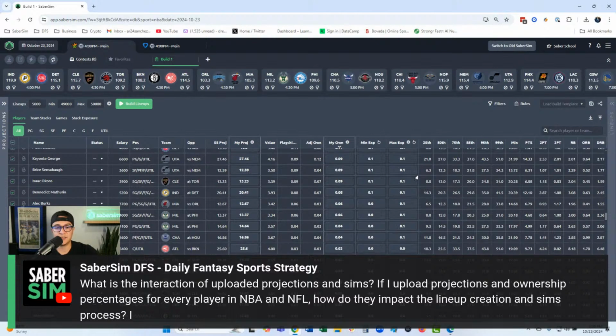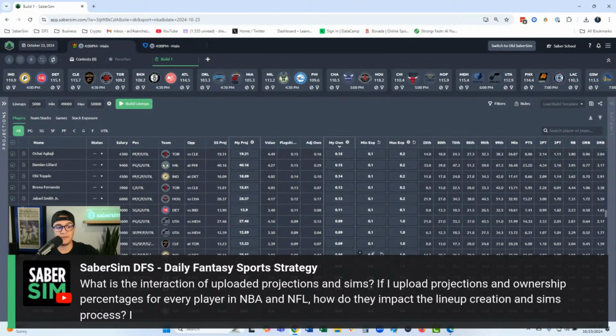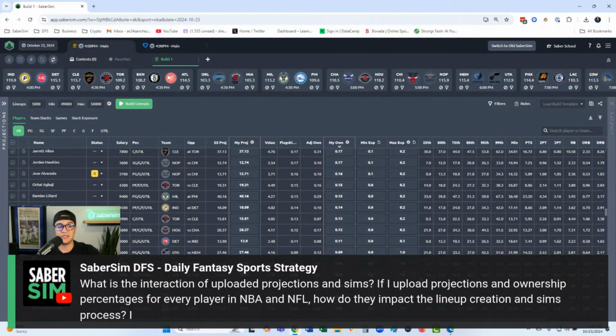So there's a number of ways to do this, but you could just come in here and set all these 0.1s to 1, 1, 1, 1, 1, and then as they go higher, maybe you bump it to 2, maybe you bump it to 3, whatever it is. But standardizing the lowest owned players' ownerships, that way the builder doesn't even have to put them in any lineups if it doesn't want to, can be a good thing to do here. So consider doing that as well.